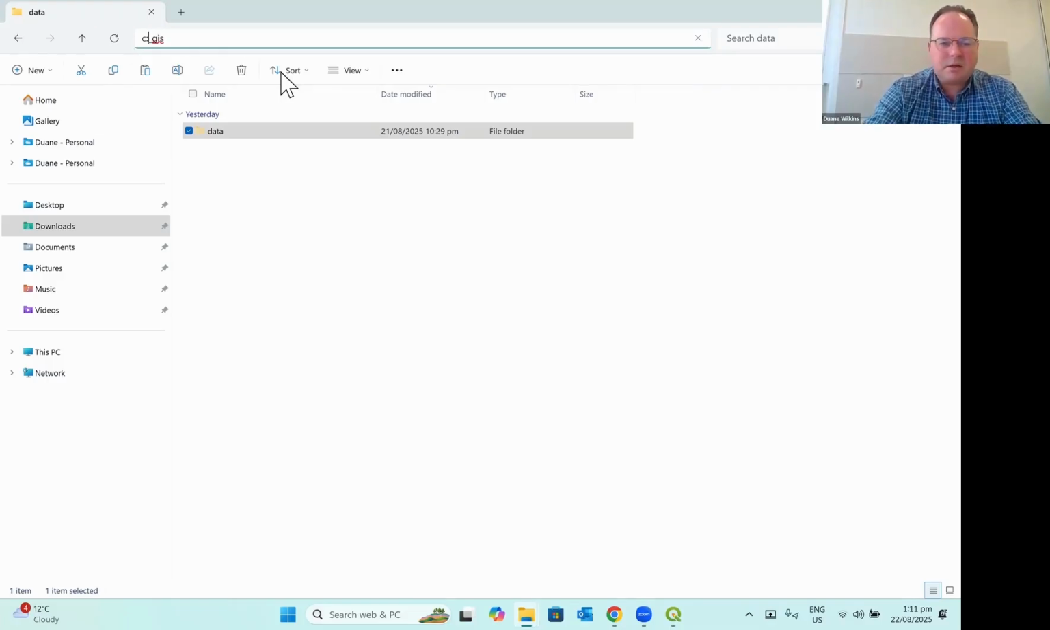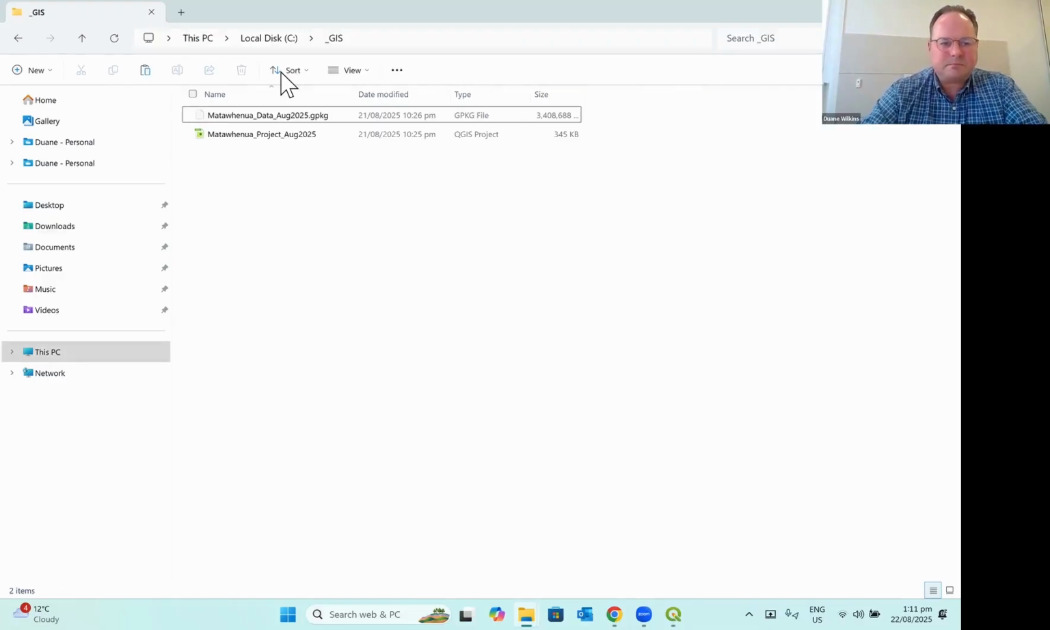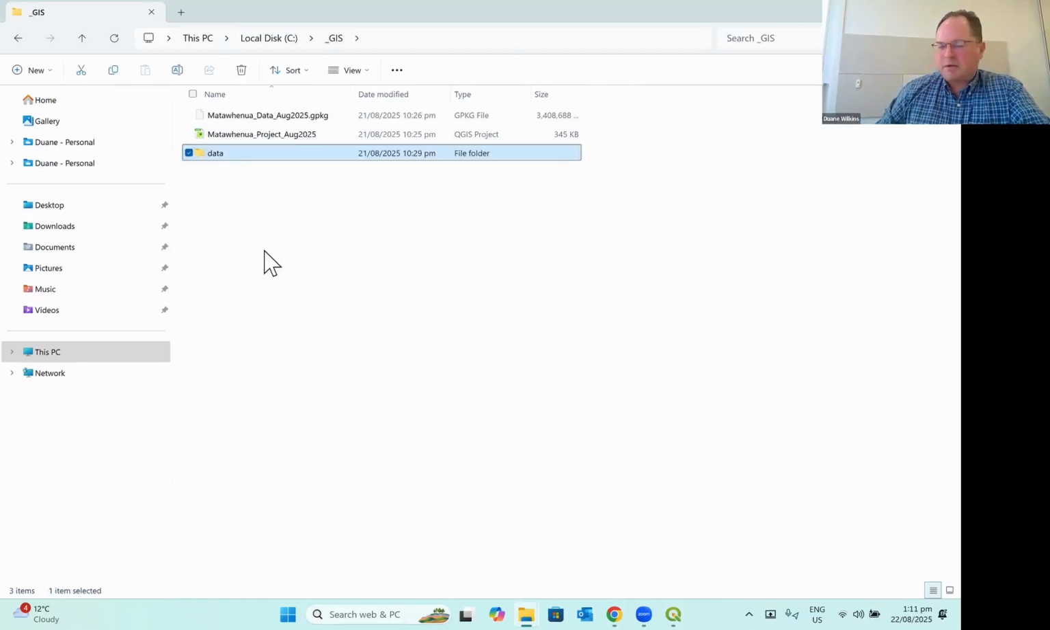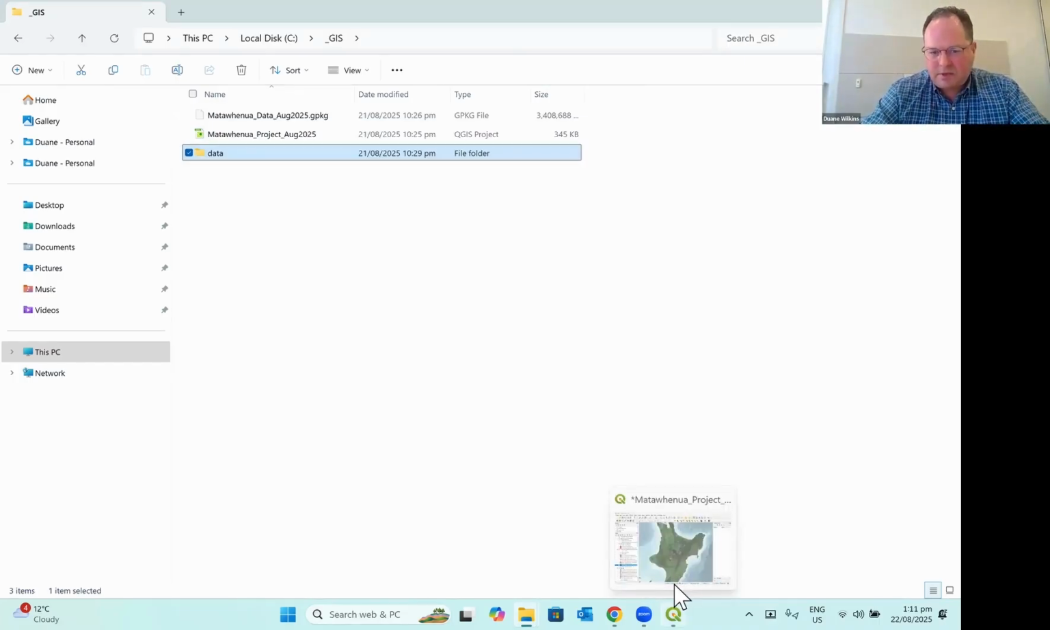So I'm missing a C:\. And I'm back to my permanent GIS home. And then I'm going to go paste. And my data is now moved out of my downloads and into there. Okay, so what I've done is I've downloaded the data, extracted the data from zip, moved it into my permanent